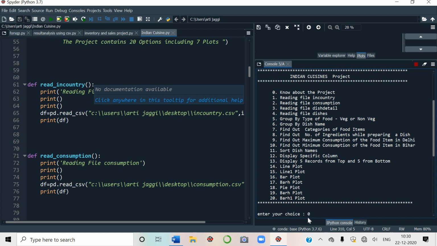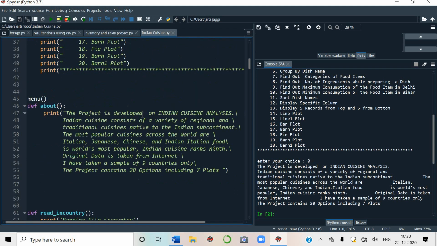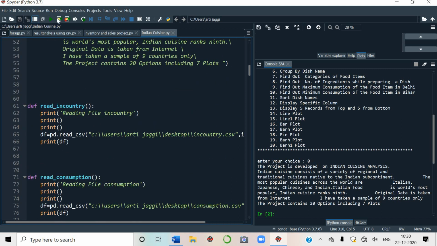I'll start with 0. See here, all the details I've already written for you. So it is giving all the details about this project. Here I've given them in the print statement. Whatever you want to write here, you can write. Then the next one is